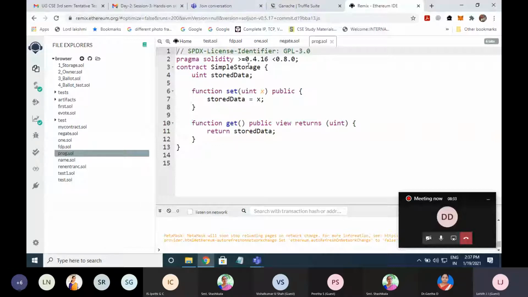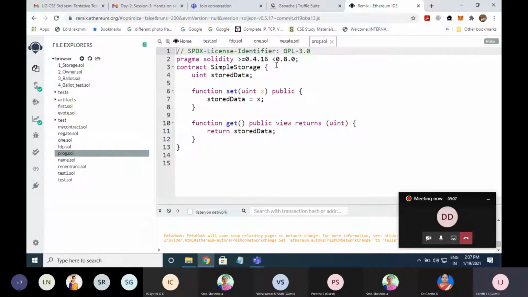Pragma solidity greater than or equal to 0.4.16 and lesser than 0.8.0 indicates that this program should be compiled only in this range of compilers. That means the compiler version should be greater than or equal to 0.4.16 and lesser than 0.8.0.